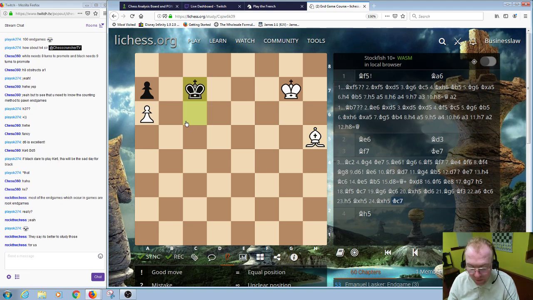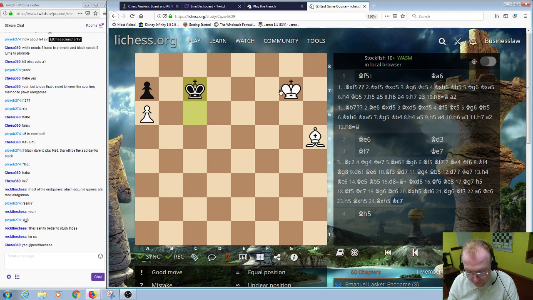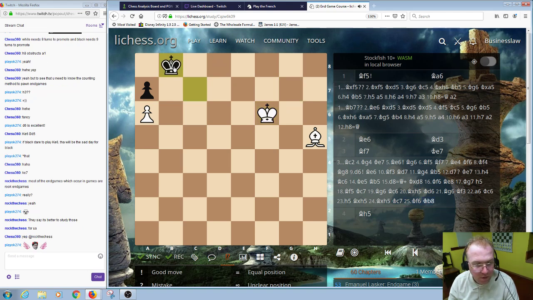Yeah, that is true, but you have to always be ready for other endgames too. And this is Smyslov. F6, king b8. King e5, and then king c7. Wait a second. King d5, king b8, and black has